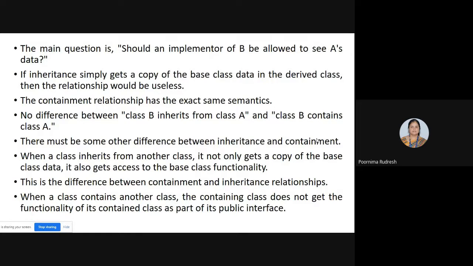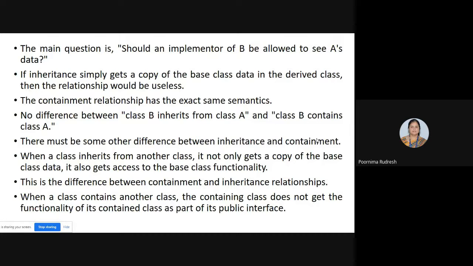Understood? Now you need to know what the containment relationship and the inheritance relationship are. Are they the same? Are containment relationship and inheritance relationship the same? Now tell me the answer.